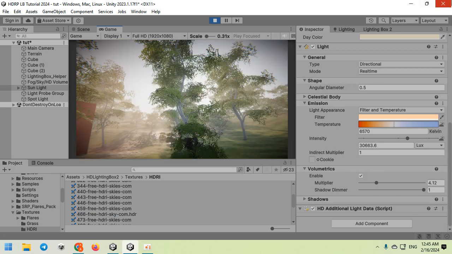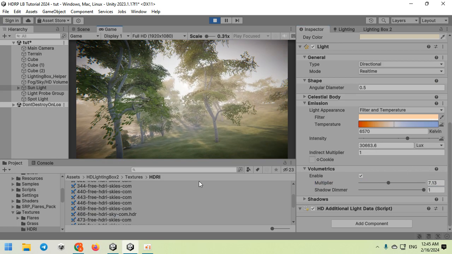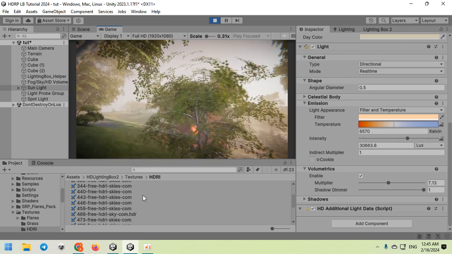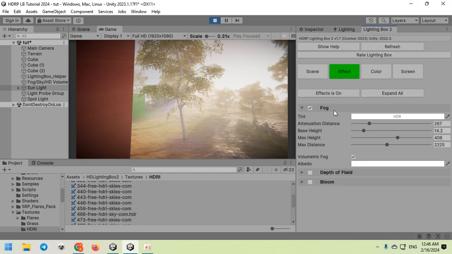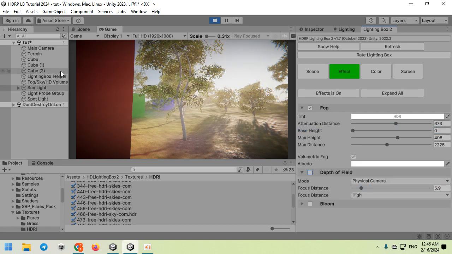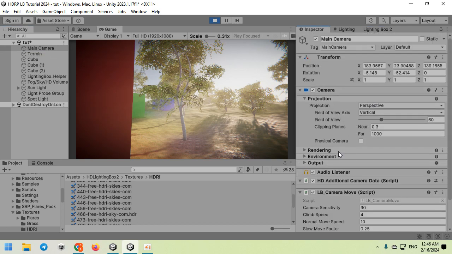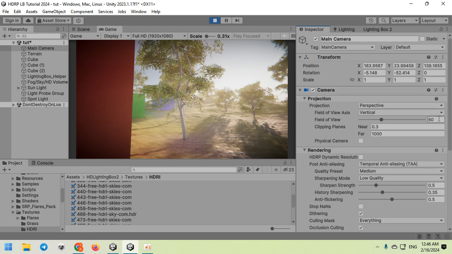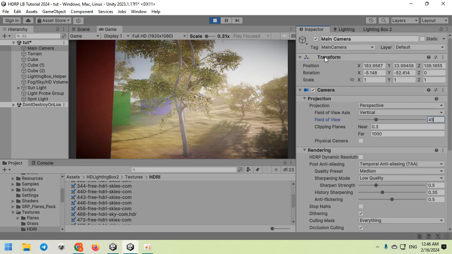Where is the mouse? As you can see, the volumetric lighting can be controlled from here. Everything looks good and realistic. Nice. Everything is good. To capture cinematic results, you need to reduce the camera field of view and use the